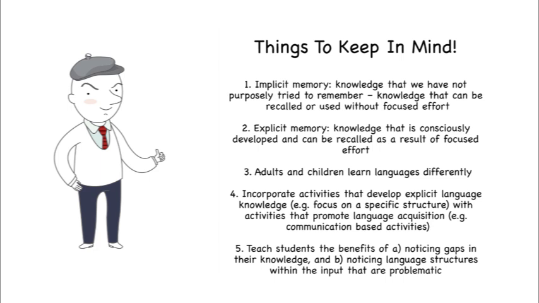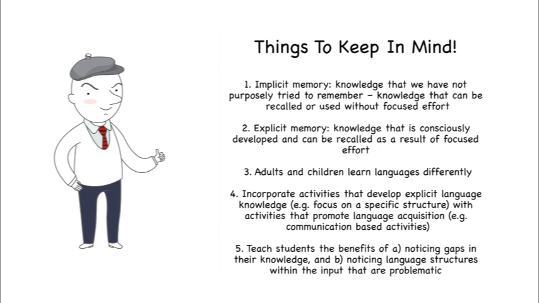more effectively. But before proceeding much further, I want to draw your attention to a few points that are worth bearing in mind. First, research shows that humans possess separate implicit or procedural and explicit or declarative memory systems. Second, the way children learn their first language and the way adults and older children learn a second language is vastly different. This is partly because the wiring of a child's brain is very different to that of a more mature individual. This is not to say that naturalistic learning, i.e., learning without formal instruction, can't happen. Of course it can. But as teachers, we need to be aware of these differences so we can best help our students.